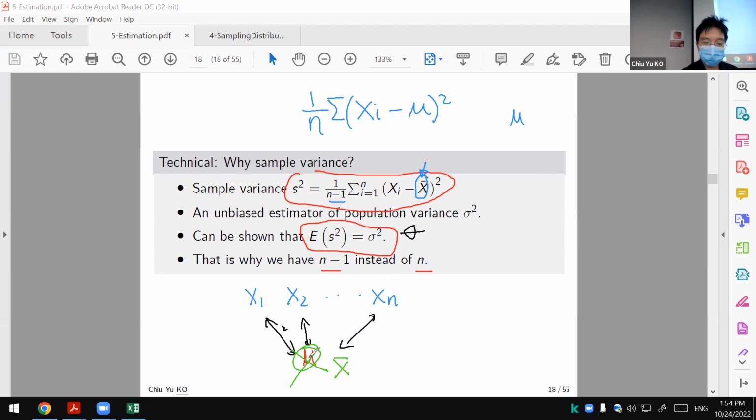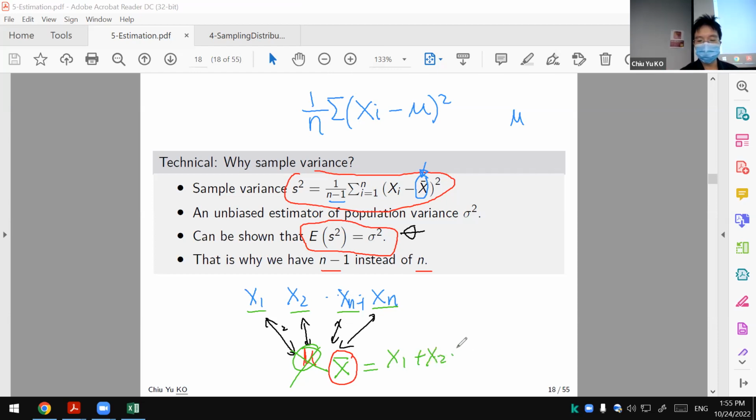Remember, the sigma is measuring how each element differs from the mu, and more variation, more fluctuation between these will bring you a higher variance. Now the question is the following. You have to estimate this guy. The main problem is how you get this x bar. x bar is coming from the average,